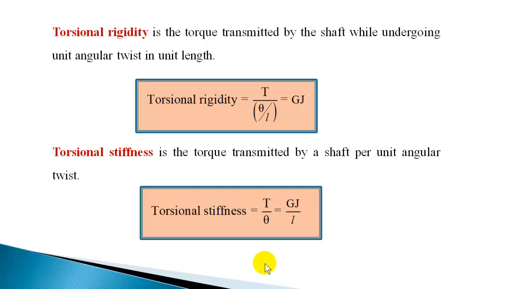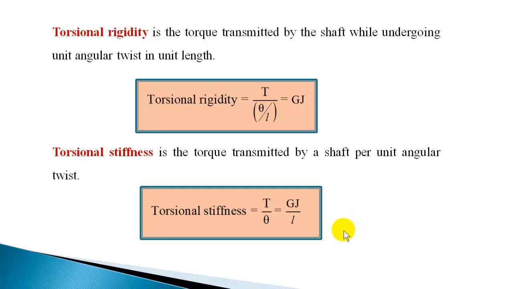Two shafts made of the same material can have different torsional stiffness even though the polar modulus is the same. Let us consider two shafts having the same cross section but different lengths. Now the shaft which has more length will undergo more angular twist